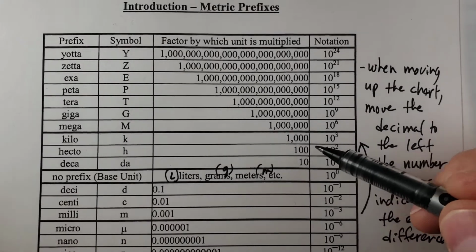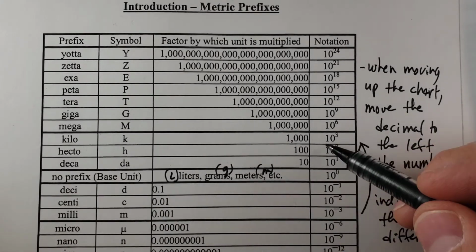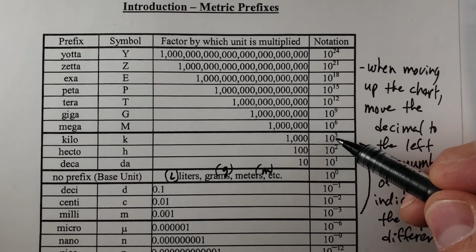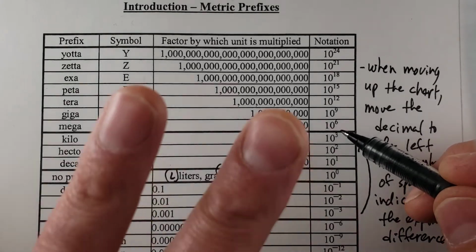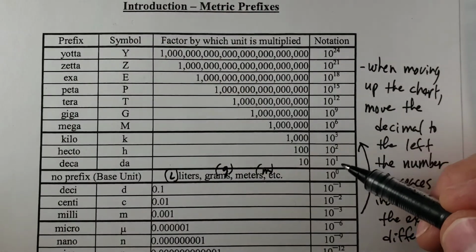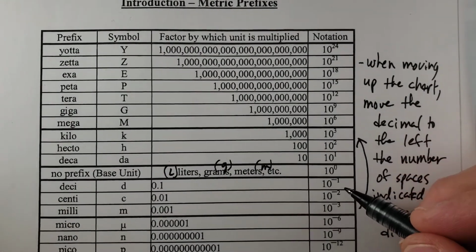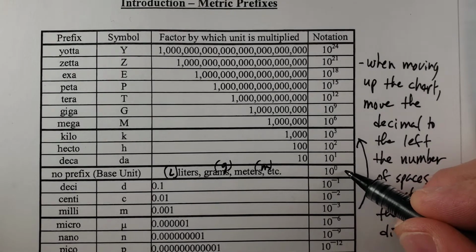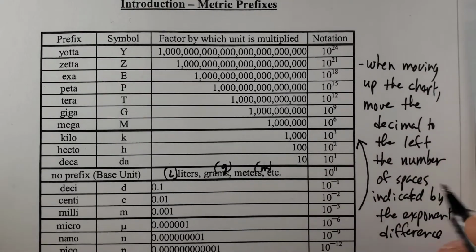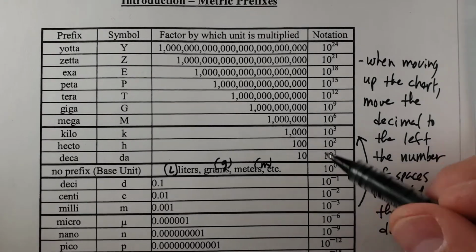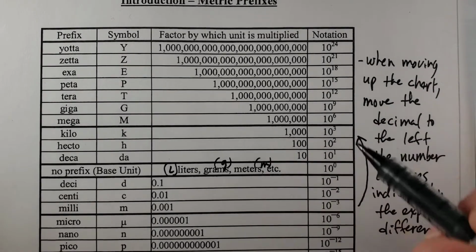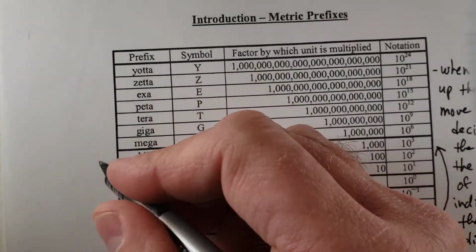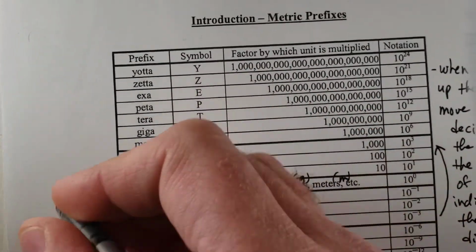So if we're converting kilometers into megameters, that is going from 10 to the 3 to 10 to the 6. It's actually 3, so we'd move it 3 places to the left. If we're going from decimeters to decameters, that's 1, 2, so we'd move it 2 places to the left. Because what we're doing is representing a smaller unit in terms of a bigger unit, so it's going to be less. And of course, when moving down the chart,